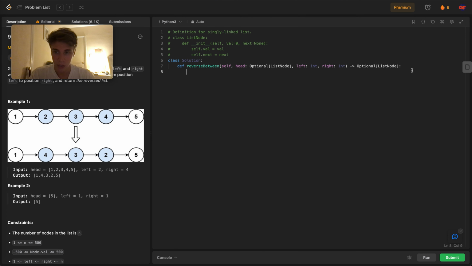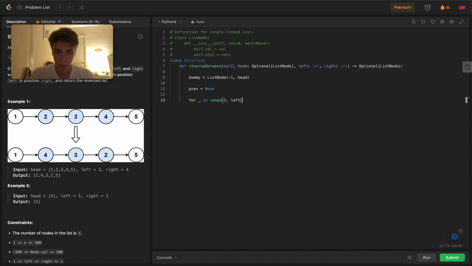The approach there was that we have a dummy node that has a value of, doesn't matter, and the next of head. Now I want to have a previous, which is for now just equal to none, and for thing in range 1 to left, I want to get current, which is also equal to dummy dot next, and this is head. I want to say cur is equal to cur next, dummy is equal to dummy dot next. And now for in range right minus left,